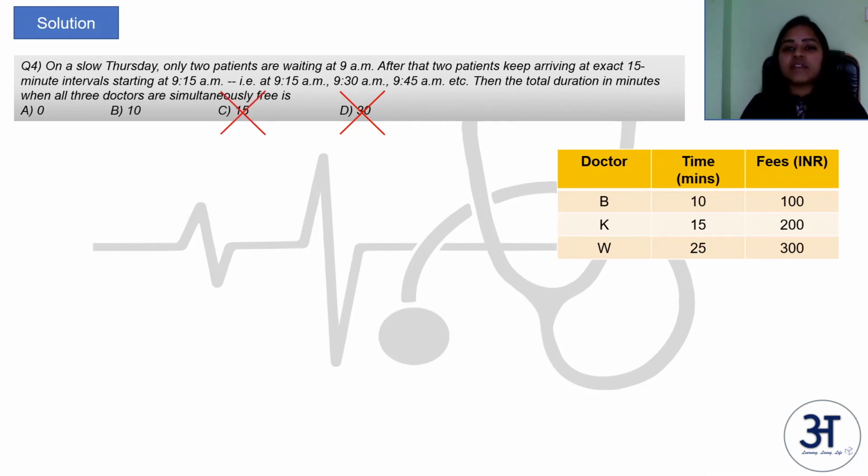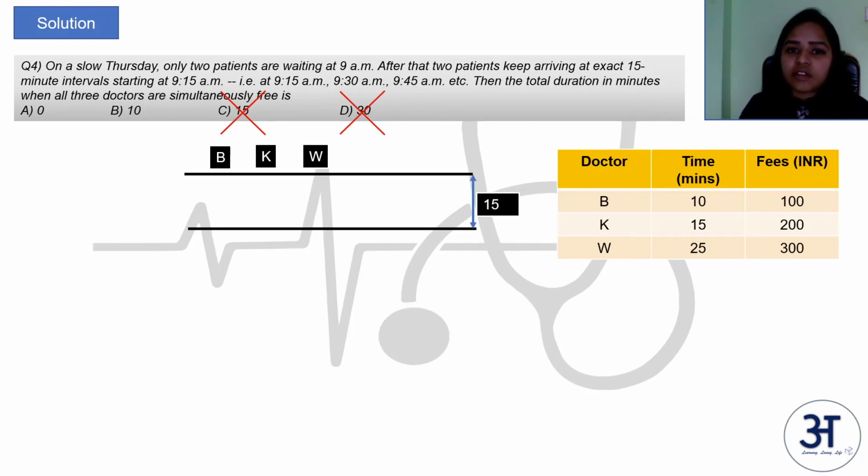Now let us look if the possibility of 10 minutes happening or not. So let's take the three doctors and a 15-minute interval. Now for the three doctors to be free for 10 minutes, it is definitely not possible at the starting of the 15-minute period. Like at 9:15 a.m., definitely two doctors are busy. 9:30 a.m., at least two doctors are busy. Similarly, at 9:45 a.m., at least two doctors are busy. So if you take this 15-minute period, that 10-minute or whatever minute free period you're getting, it's only possible if it is before the starting of that 15th minute, right?